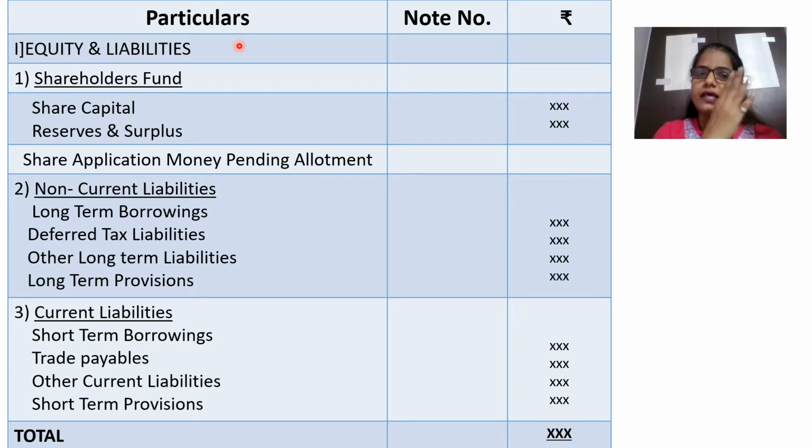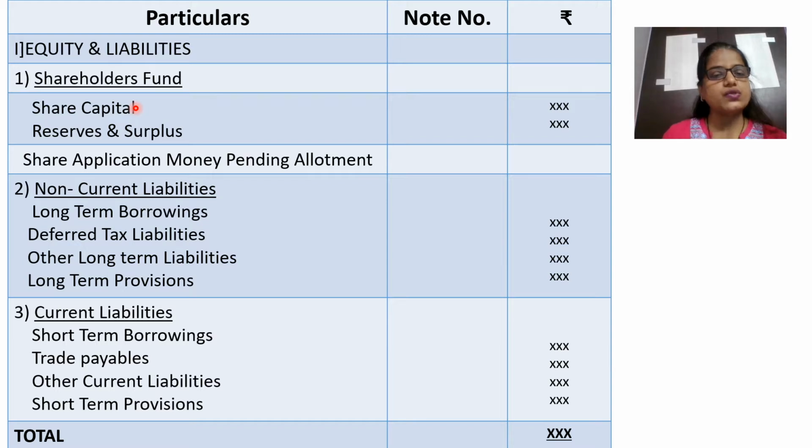Liability part में क्या होता है? Liabilities and capital. So here capital is nothing but equity and then the liabilities. So the heading is given equity and liabilities. And how we are supposed to write? In bold letters. Then below that, the first heading that you will have is shareholders fund. Now shareholders fund, whatever relates directly to the shareholders, comes under shareholders fund. तो shareholders से क्या क्या related होता है? One is the share capital. So first thing under the shareholders fund will be share capital.